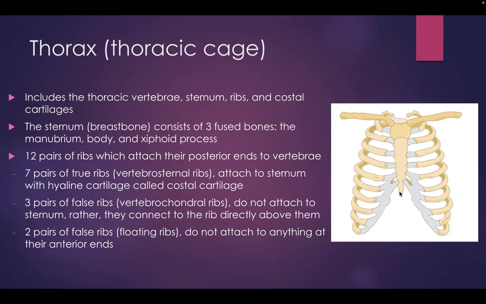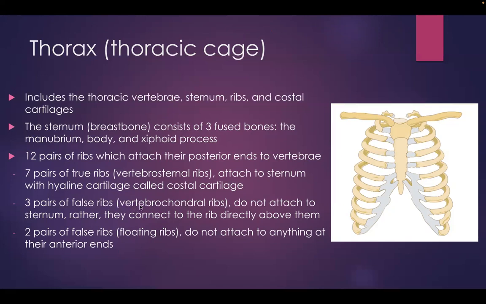There's 12 pairs of ribs, which will attach their posterior ends to vertebrae. So 7 pairs of true ribs. True ribs are vertebrosternal ribs, which means they attach to the vertebral column and the sternum. So hyaline cartilage called costal cartilage. We have 3 pairs of false ribs. These are